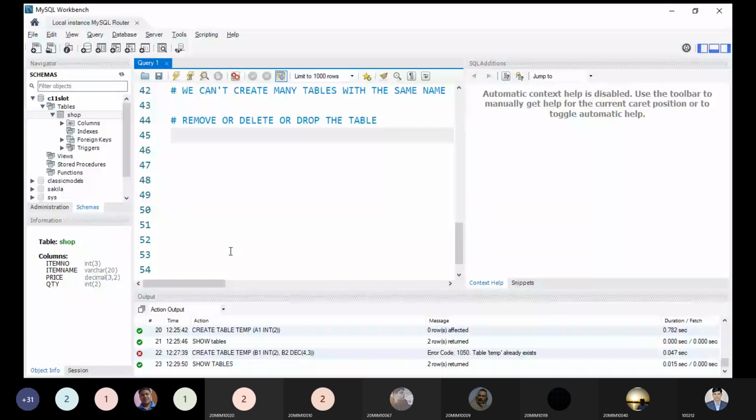So drop and table name. Yeah, simple, nothing else especially. We have to use the drop, and what is the name of the table? Temp. Okay. Nothing else special. So the syntax will be: drop table, table name. Do not forget to write the word table: drop table, table name.